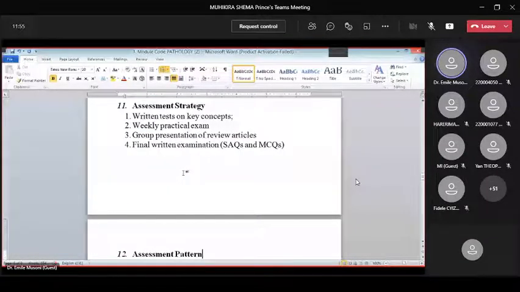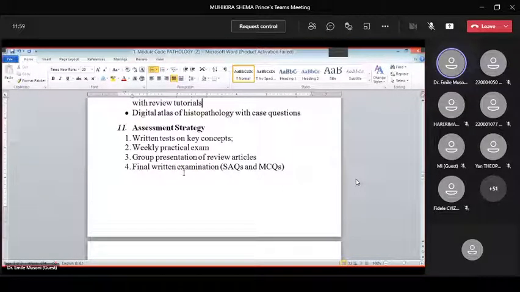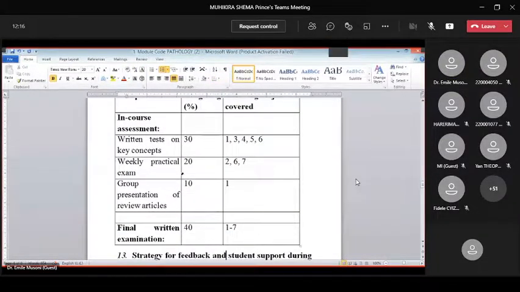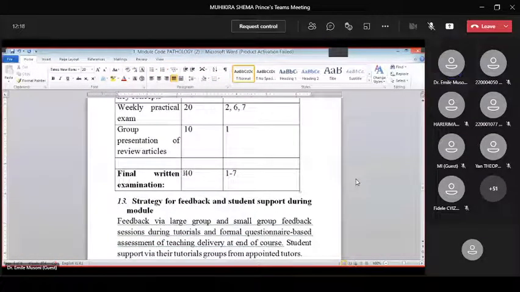You're familiar with that? As in pathology, there are so many images. So there will be mixed question with some images and short answer question. About the